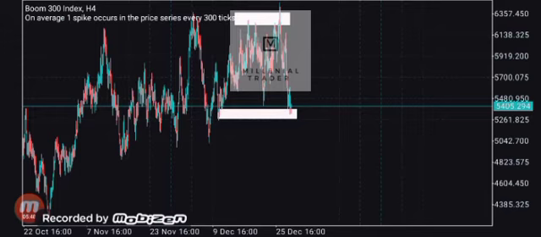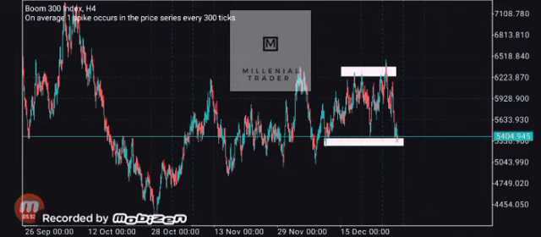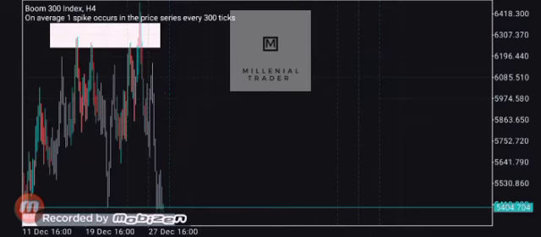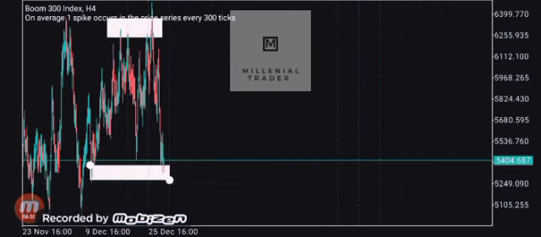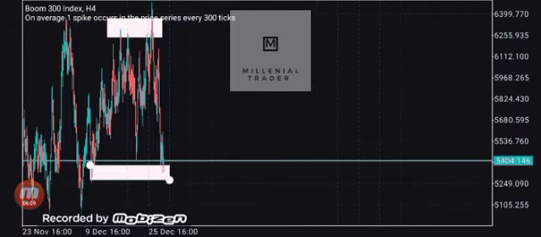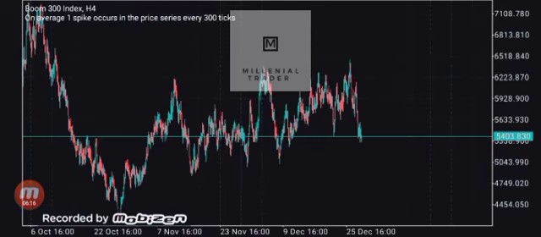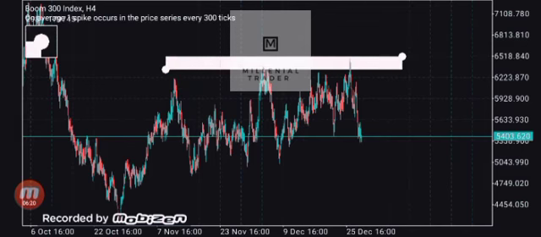As you can see, the way I've zoomed out, I'm able to see other major levels, compared to when I zoomed in like this. By zooming out, you can see I'm able to see all these other areas on the chart. So let me take this out. So this is it. This is a key area on the chart